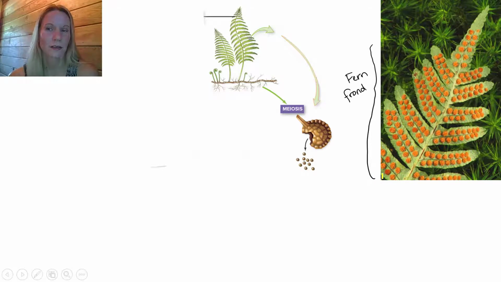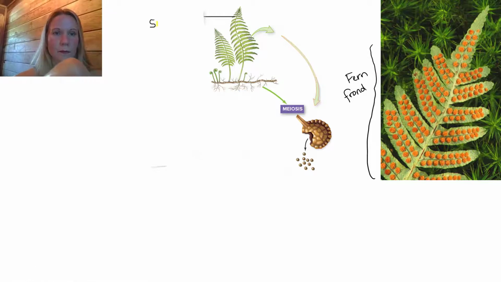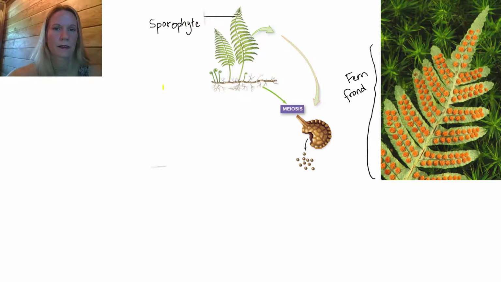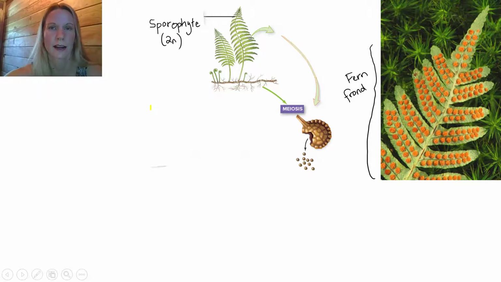But I also need you to know it by its term of sporophyte. Okay, so the fern frond is the sporophyte. Got it? So the fern frond is the sporophyte, a multicellular diploid structure, dominant, largest, photosynthesizing for the plant, but